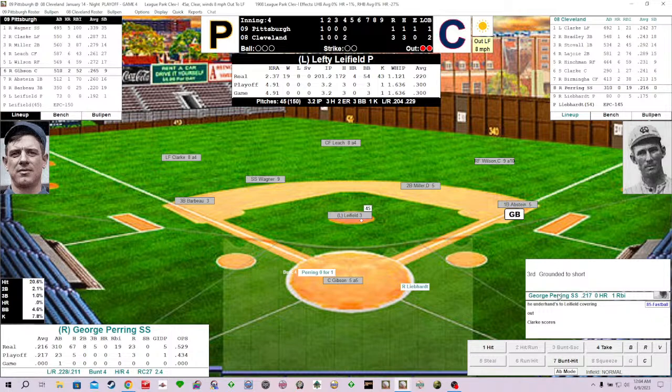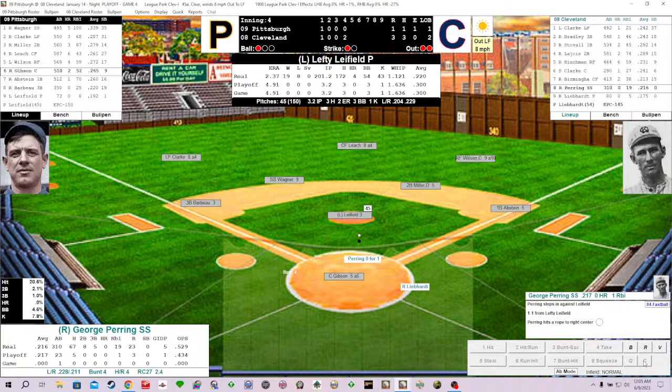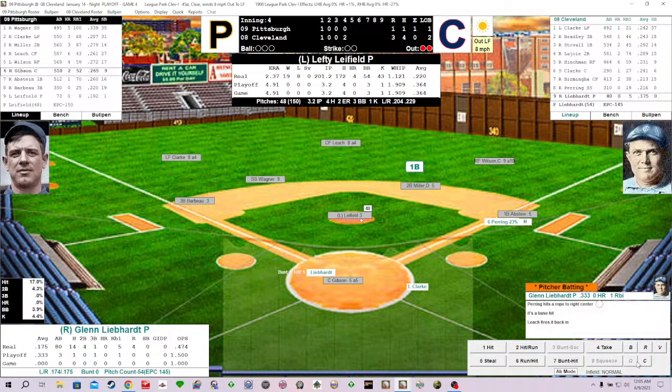Two out here, and the Pittsburgh Pirate bats have just not shown up. George Perring grounded to his opposite number, Honus Wagner, his last time up. Batting with the bases empty and 2 away and 2 in. Leafield deals the 1-1, base hit, solidly stroked to center field. Tommy Leach getting to that ball, calling off Chief Wilson, and fires it back into the infield. So Cleveland picking up its 4th base hit of the game, and here comes Glenn Liebhardt.